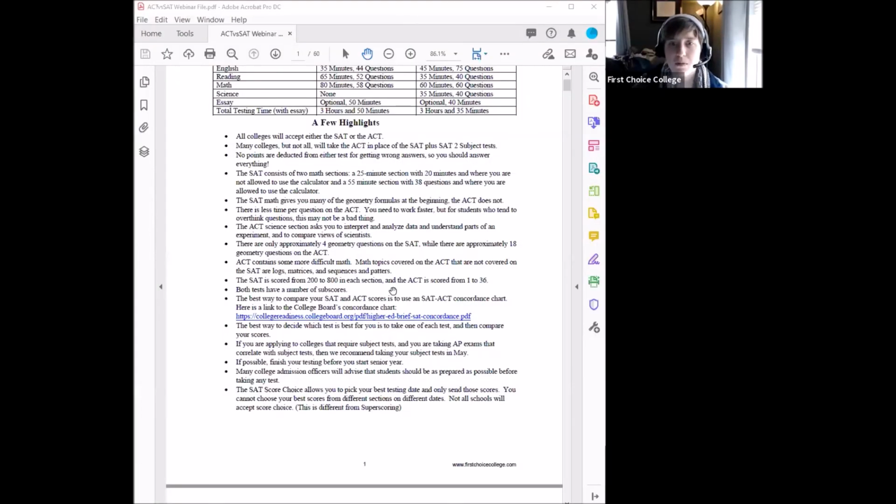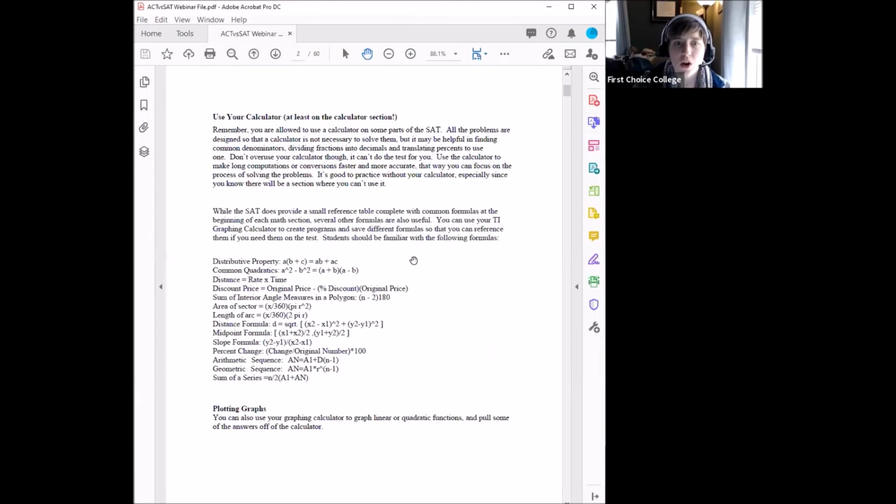Looking at the packet, I have a couple of different pieces, especially focusing for students on tricks that they can use for the calculator section. Basically, an important thing to emphasize to all the students is that when you can use your calculator, you should use your calculator. That applies to some parts of the SAT and the entire ACT. So students should make sure they're really comfortable using their calculator, with what all the buttons and functions can do.